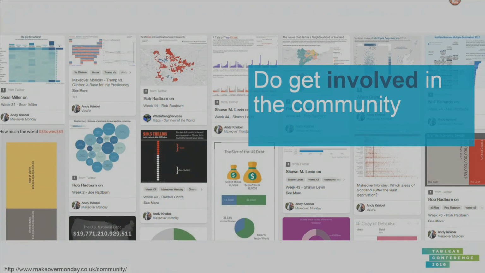But it doesn't just end here. There are so many other initiatives going on. Some of them more public, like the Revisit Project or This Makeover Monday, and some of them much smaller that people don't really put out there. Just a few people talking and passing back tips and tricks about their visualizations and ways to improve them. Get involved in the community, and I guarantee you'll learn something about data visualization, you'll learn how to improve what you're doing, and you'll just feel better about yourself.